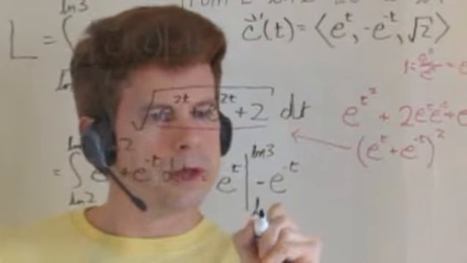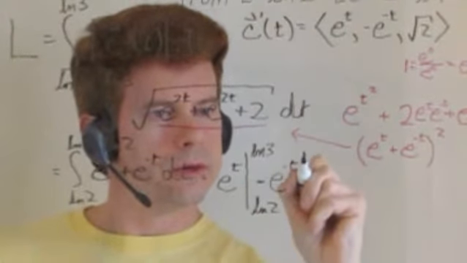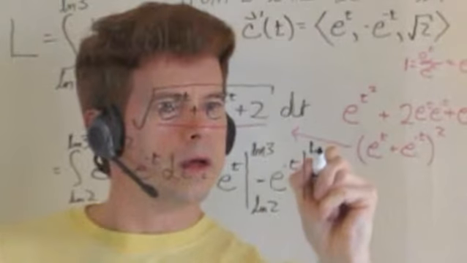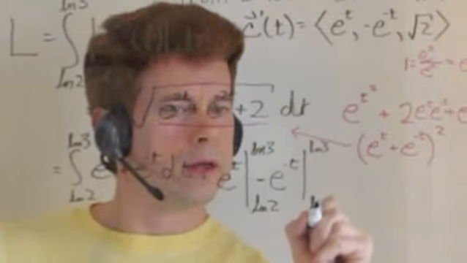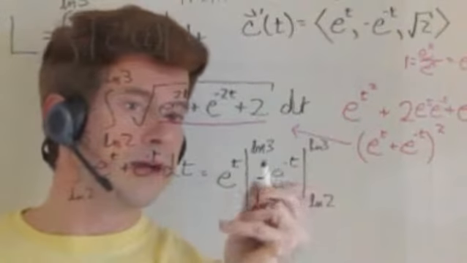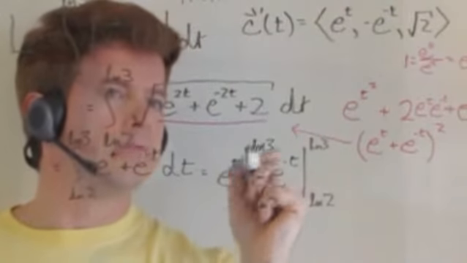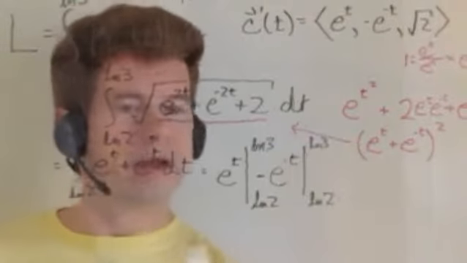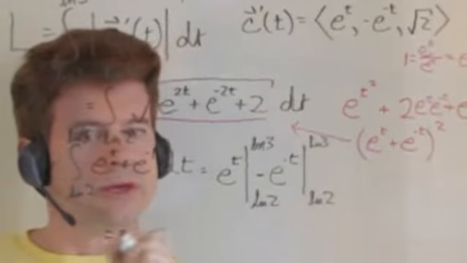Okay, now plugging these values in, we're going to have e to the ln3, which comes out to simply 3,